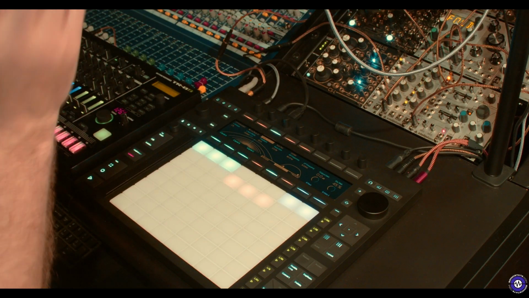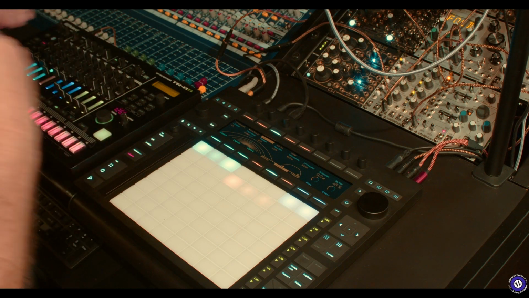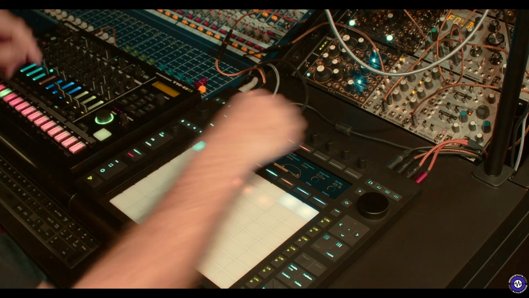And then I've still got another one, which I'm not even using right now, which you could use to maybe send out LFOs or any kind of other control voltage that you want, maybe just random voltages that you can use to do different things within your system. So if you are a hybrid worker like me, where you have some hardware, some software, and you like to dance the line between the two, then this is why the standalone one really works, I think. So yeah, that's all coming back in